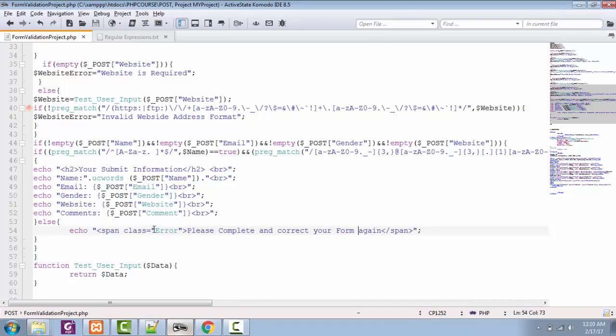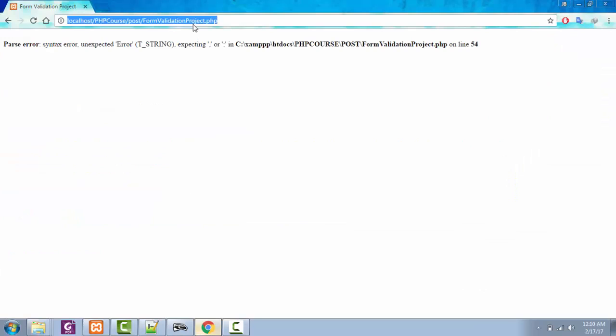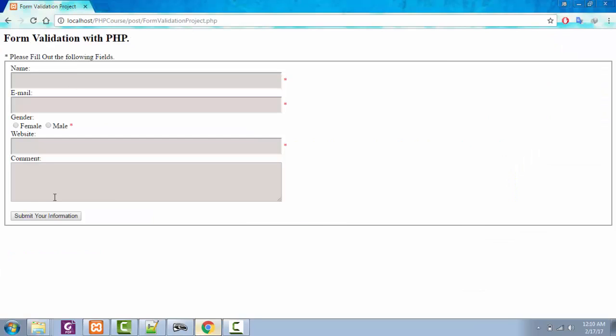That's why we are having this error. Our PHP server gets confused by these quotations, so it's thinking it's starting from here and ending right here. So we need to make it a single quote. Saving this one out, refreshing the page. Now no error at all.